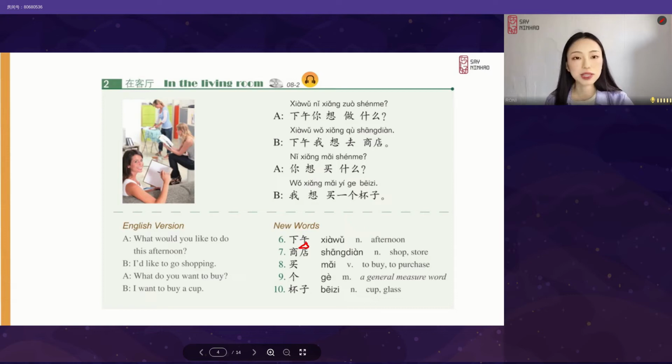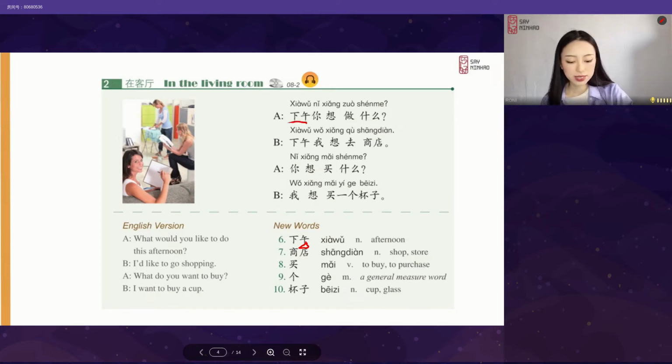Now let's move on to our text. I will read it and please listen carefully. 下午你想做什么？下午我想去商店。你想买什么？我想买一个杯子。